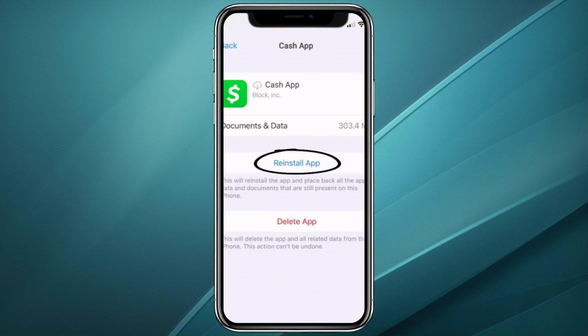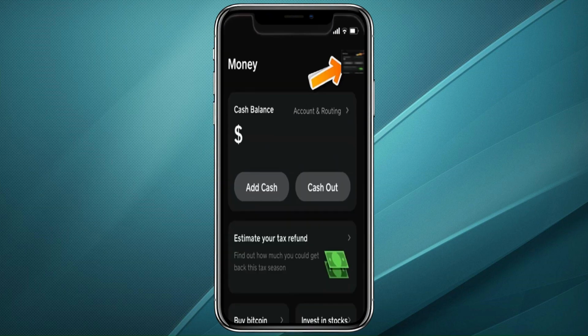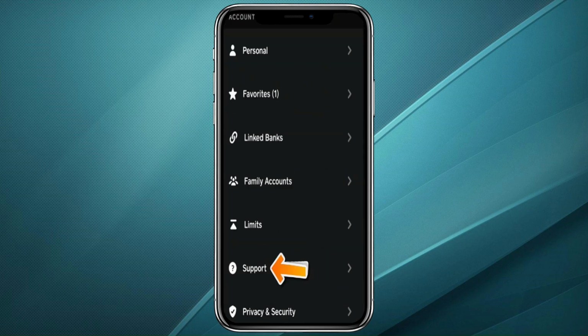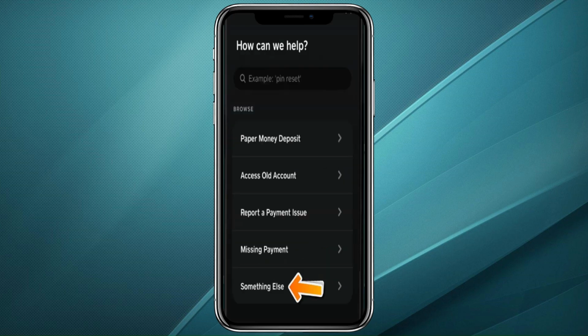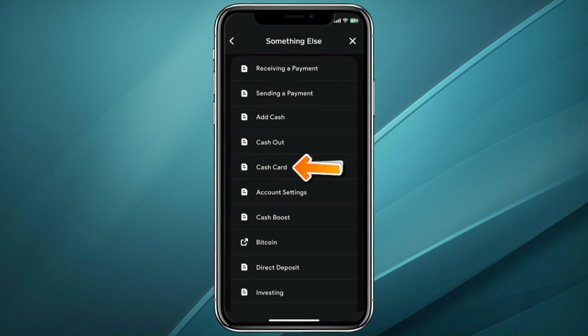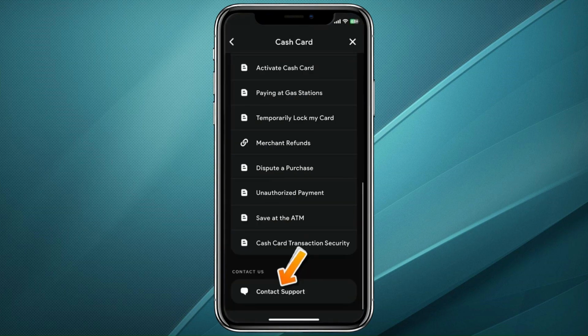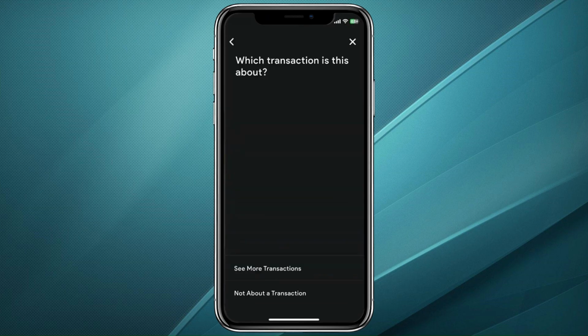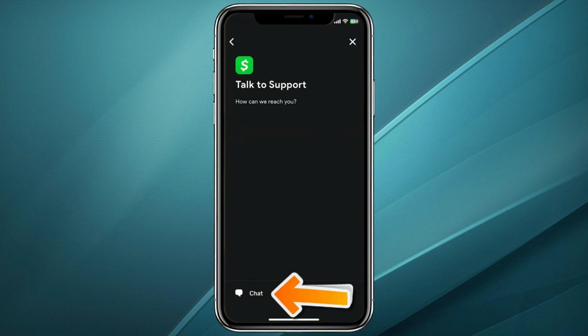If your balance is still not showing after trying both solutions, the final and most reliable option is to contact Cash App's official support team. Open Cash App and tap on the profile icon in the top right corner. Scroll down and tap on Support, then choose Something Else. From there, tap on Cash Card. Scroll down and select Contact Support. Now tap Not About a Transaction, and on the next screen, tap Chat at the bottom to start a conversation